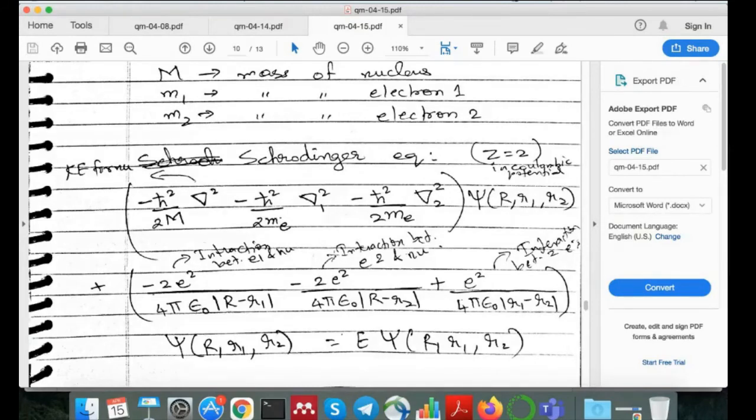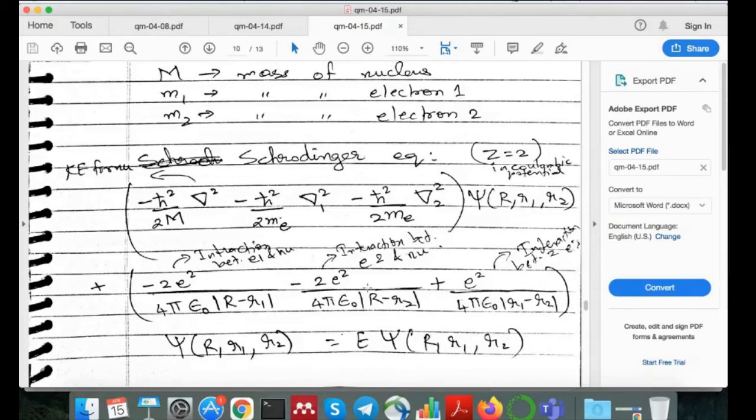Okay, so this is basically your Schrodinger equation. Similarly, I think you can now write for any atom, right? So if I give you a beryllium, or a lithium, lithium has 3 electrons. So it has 3 electrons, 1 nucleus, so there will be 4 terms in the kinetic energy term. And in the potential energy term, there will be interaction between every component, right? So that will be your potential energy term.